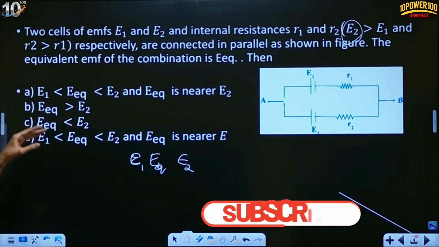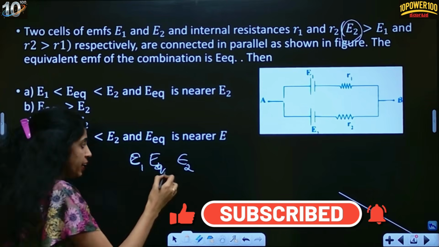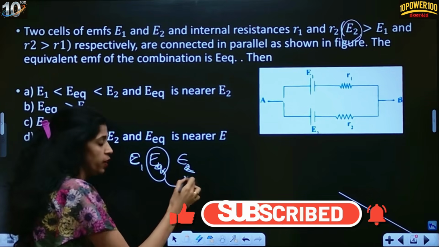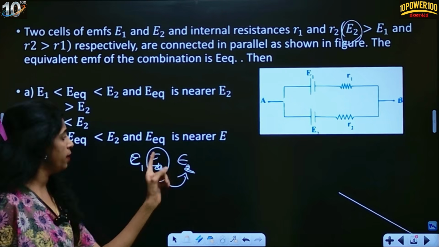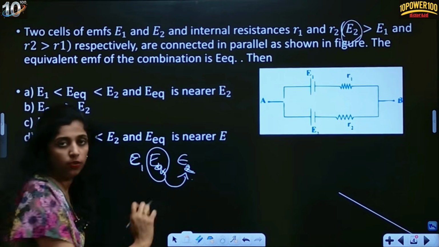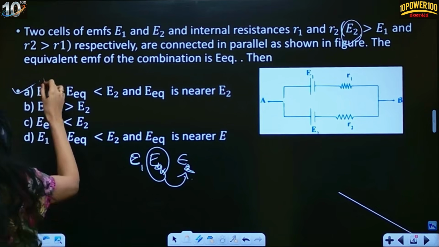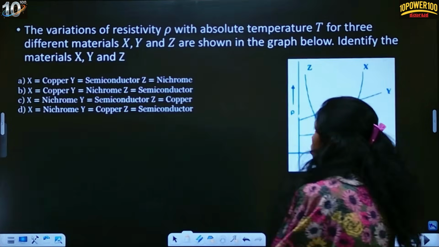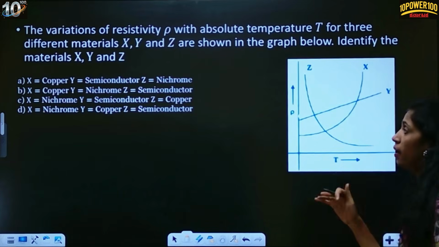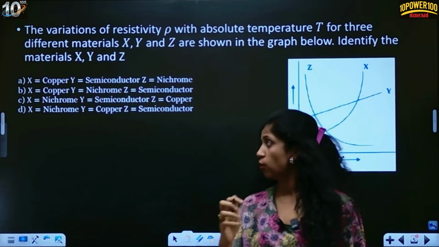So idralli yav options irbodu? It can be either option A or option D, but the equivalent value will be very close to E2. Why? Because E2 is greater than E1, right? So total value will be almost close to the E2 value guys. So that's the reason here option A is the correct answer. Fine, ashte, there's nothing else in this. Fine. Now moving to the next, graphical based questions you had already done in a board exam alva. So copper ge enagutte?